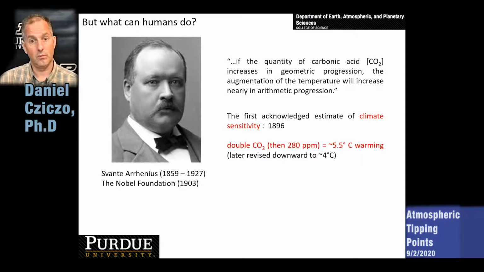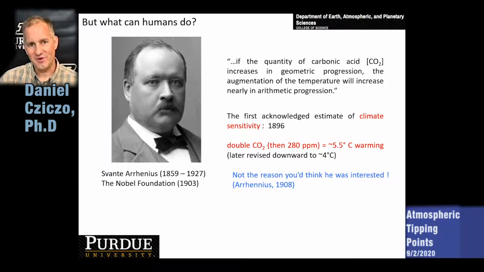Arrhenius is one of the first folks, really the first person that was attributed to thinking about this idea of climate sensitivity. If we increase CO2 because of human activities, how much does temperature rise? He first considered this in the late 1800s, 1896, and came up with a figure that if we doubled the amount of CO2, based upon the lab work of folks like Foote and Tyndall, the temperature of the planet would increase by about 5.5 degrees centigrade. He found a math error in his paper. He later revised that downward to about 4 degrees, so not quite the sensitivity that we thought was there.